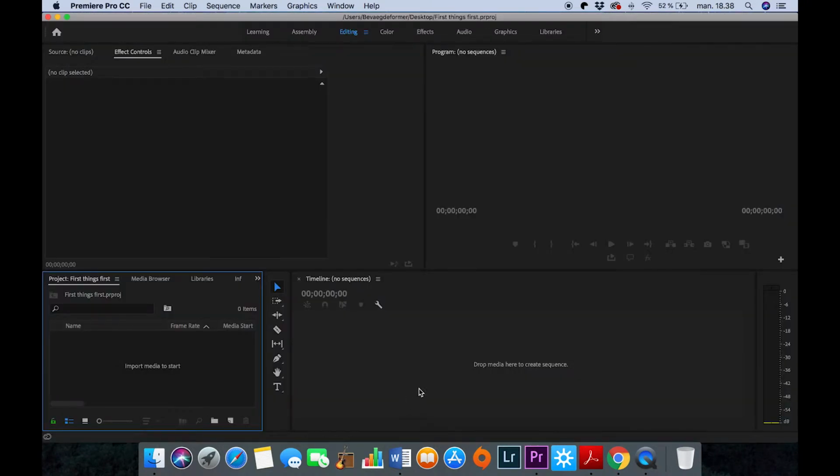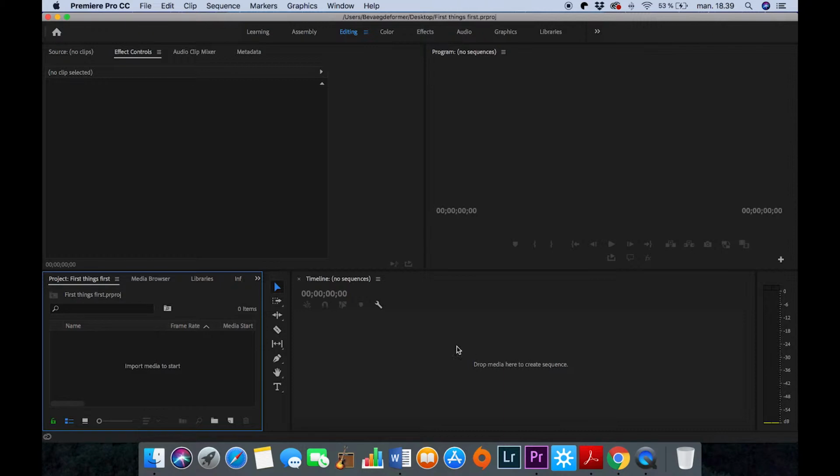So now we've entered Premiere. We've opened our First Things First project, and we are met with a huge interface. No need to worry. We'll learn how to get started on this. You have the timeline down here. The timeline indicates what will be shown in our program feed. The program feed is showing what is in the timeline, but for now the timeline is your project with all the video in it.